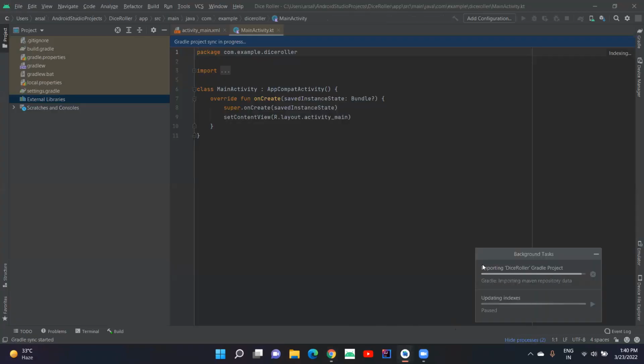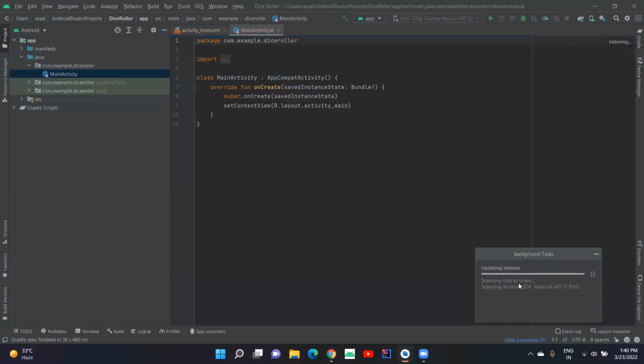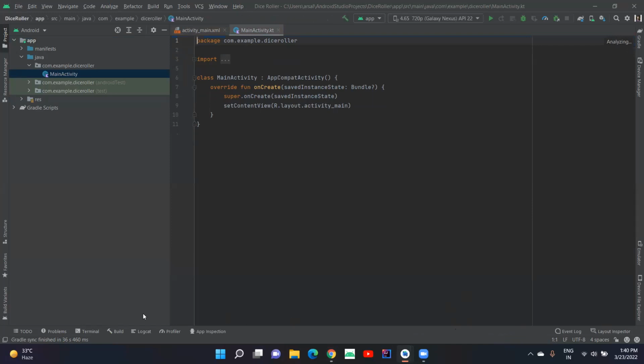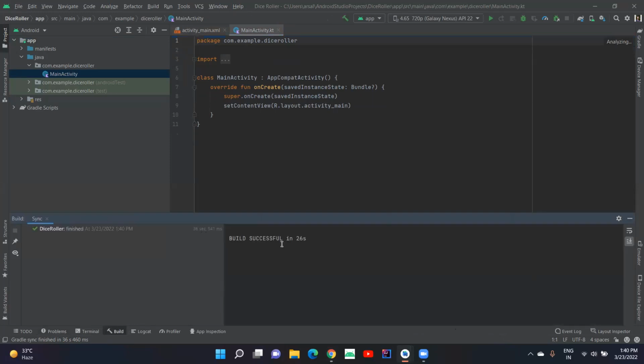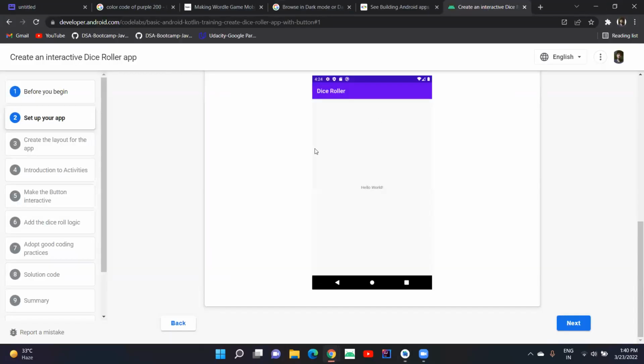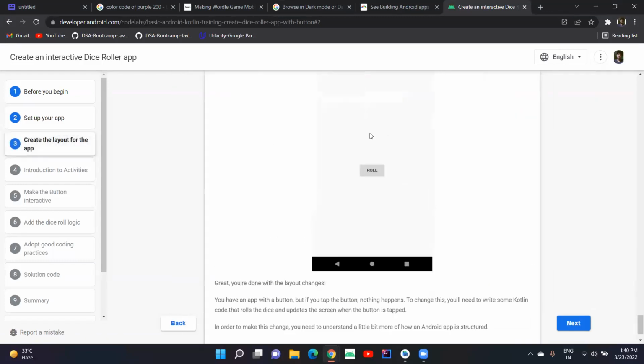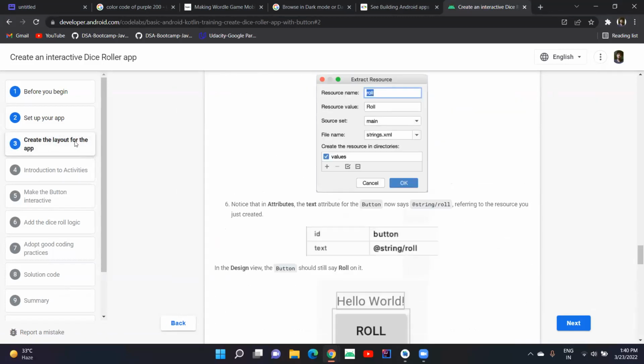Android Studio is setting up all the files and folders required for the project. Once it is completed, this process will stop, and now it has stopped. Now if you can see here, build successful. Now moving forward, let's go to create the